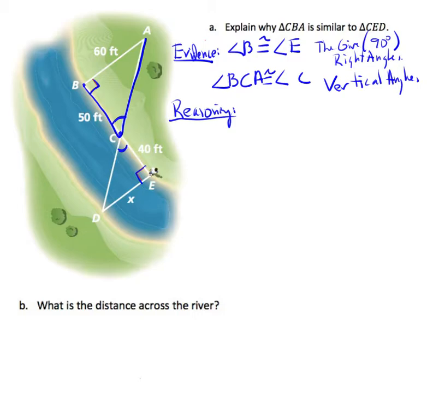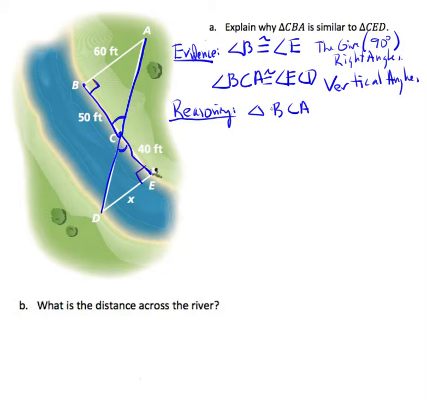So I'm going to start here at my right angle, which is E. So I'll start with angle E, C. So E to C out to D. So now that I've got my two angles, I can state that triangle